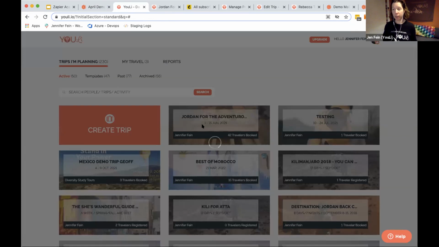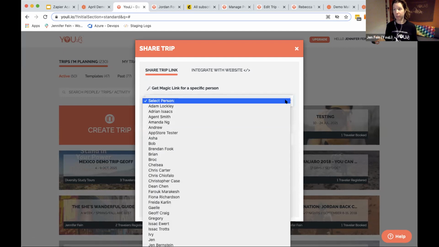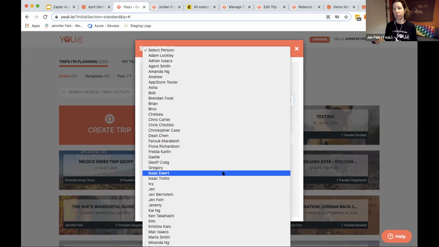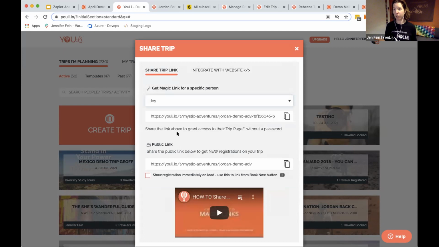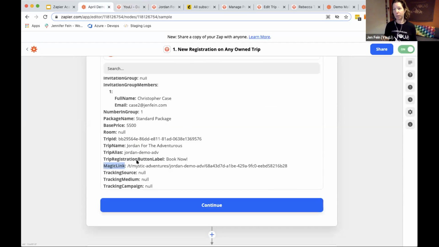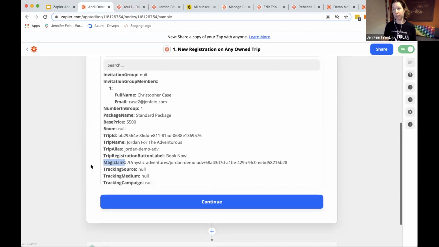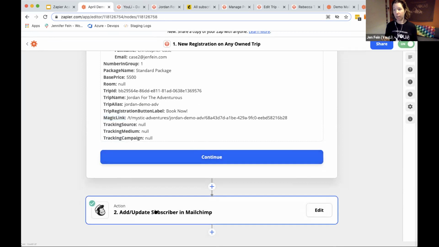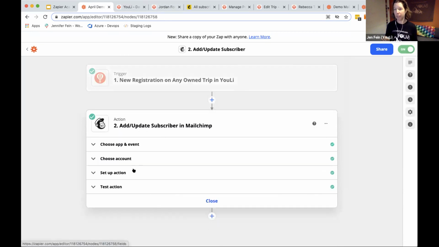On the YouLi side, we have a concept called magic links, and these are trip links. So, for example, on this trip, I can get Ivy's magic link here, right? These are the links that are sent out via email from the YouLi platform that allows your travelers to access their trip pages securely without a password. So this is what we call magic links, and these are included in the data that we pass through to Zapier. And so if you have a field created on Mailchimp,